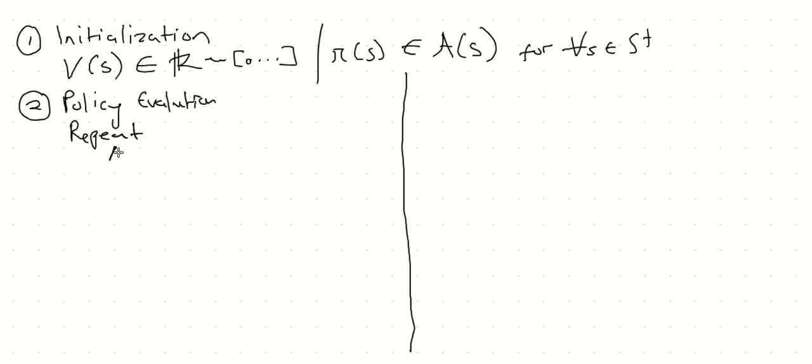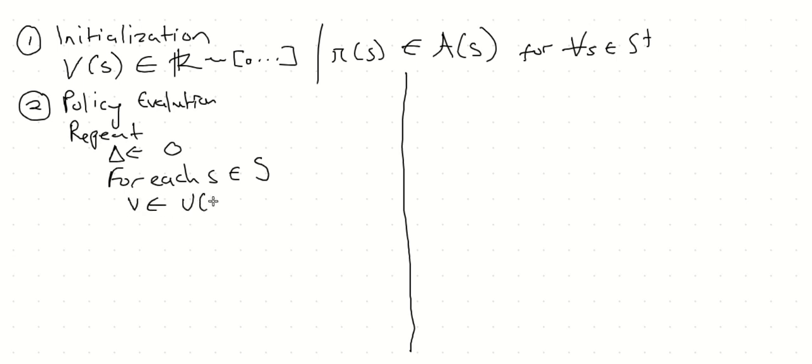We start with a delta, we assign it to 0, and I'm not going to explain exactly what's happening here because I've already explained it in a previous video. If you really want to go through how this algorithm works, you can watch lecture 4, which was on policy evaluation. So for each s an element of S,